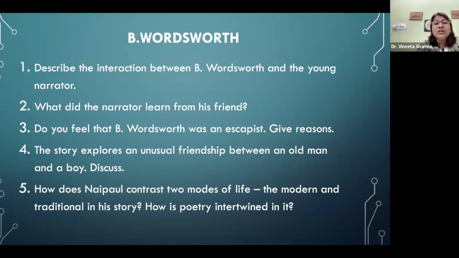Discuss. How does Nepal contrast two modes of life, the modern and traditional, in his story? How is poetry intertwined in it? All right. So these are all the questions which I feel that if you prepare from all these stories and poems, you will be able to benefit yourself, and you will be covering the entire story and the poem while doing these questions, and you will be able to write your answers